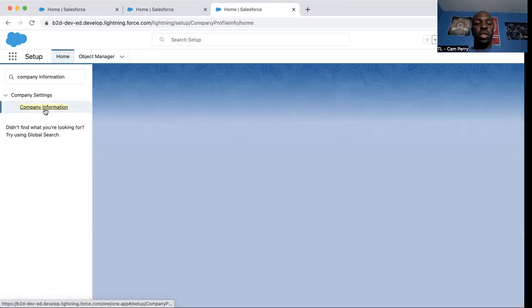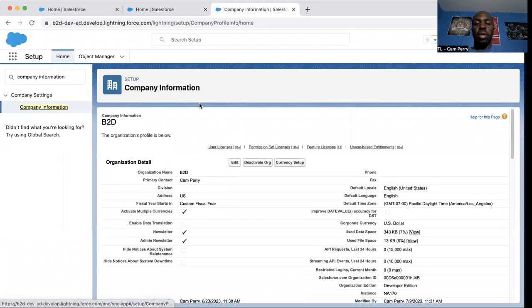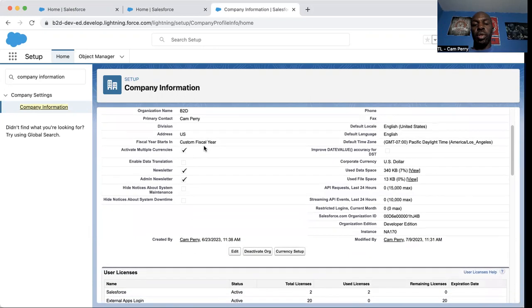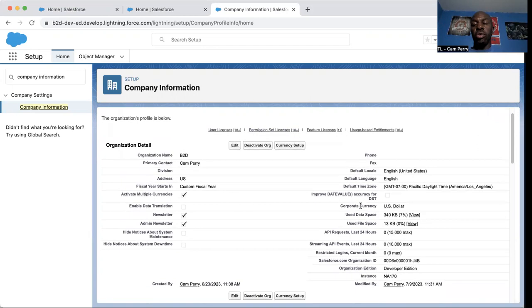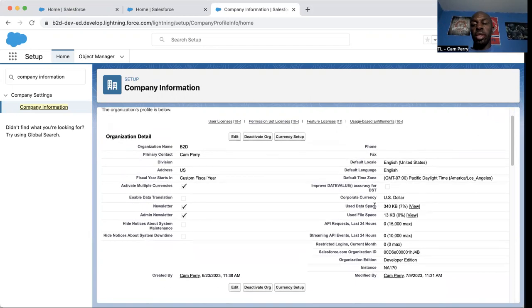So you want to click that, and company information is pretty much all your information for your company, right? Company org, right? So you have everything from the org name, primary contact, the default locale, which is like your language and your time zone. You have your currency right here, right? Your data,